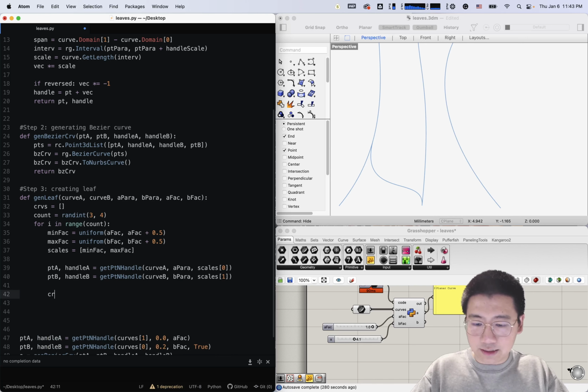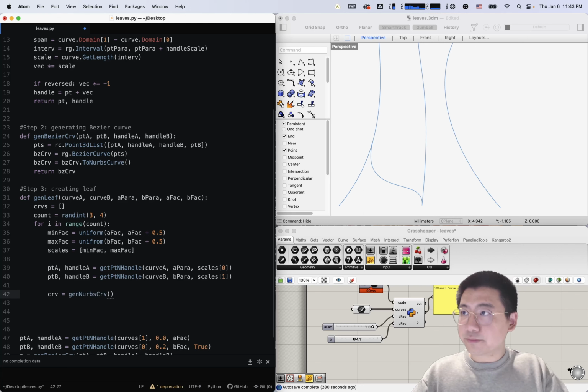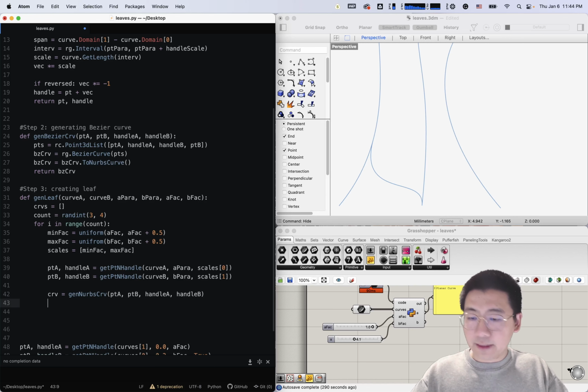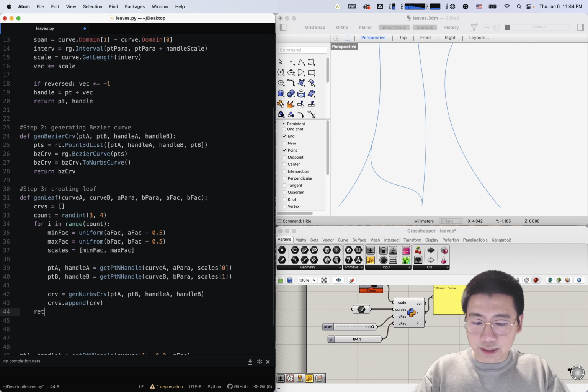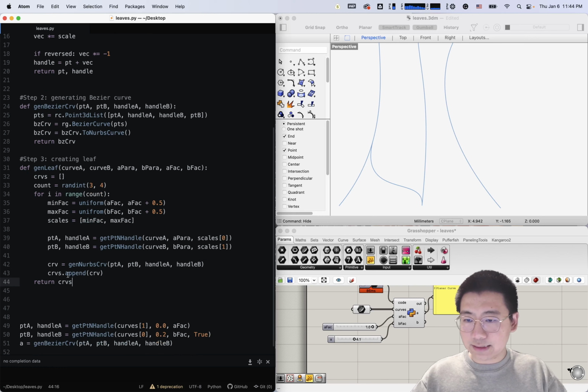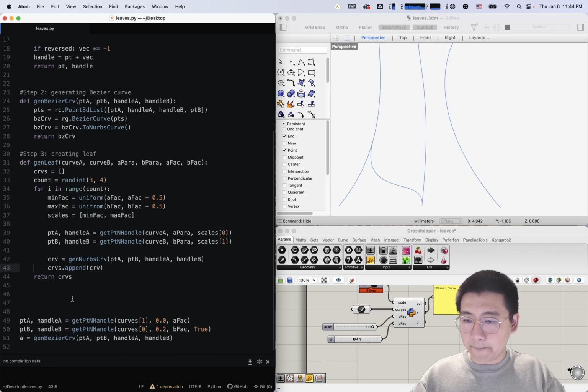So we say curve equals to generate NURBS curve PTA, PTB, handle A, and handle B. Then we just append this curve to the curves list. So we say curves.append CRV. Then at last we return curves, and let's see the result of